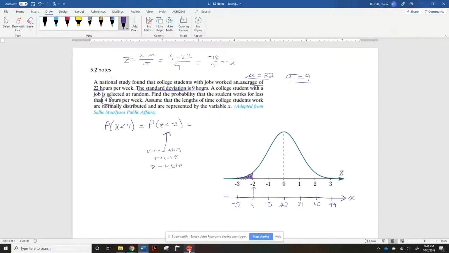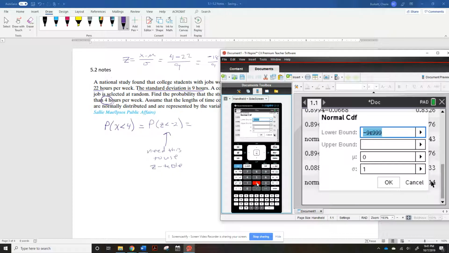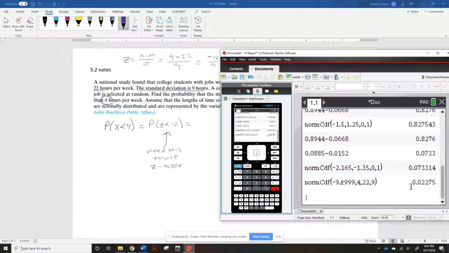So I'm going to go to my calculator, and I'm going to do menu 652. My starting place is -infinity. My stopping place is, I'm going to do X. So my stopping place is 4. My standard deviation was 22. I'm sorry, my mean was 22. My standard deviation was 9. Press tab, and you're going to get that. The area is 0.0226. So I'm going to write 0.0